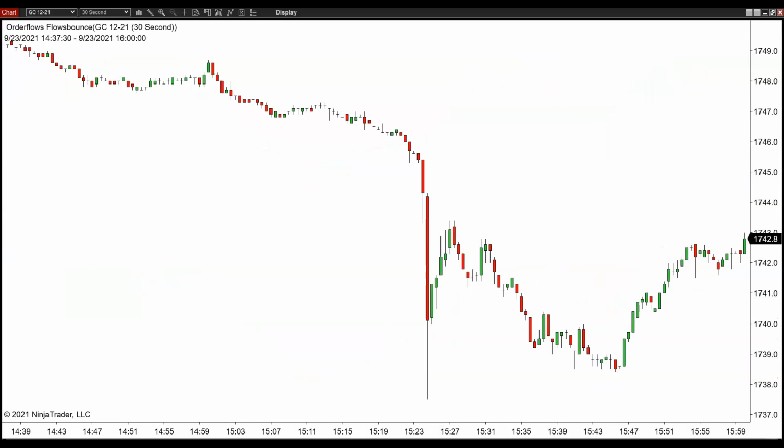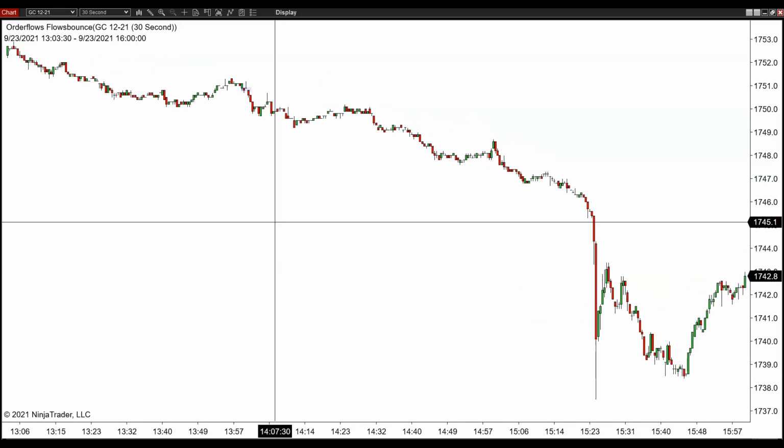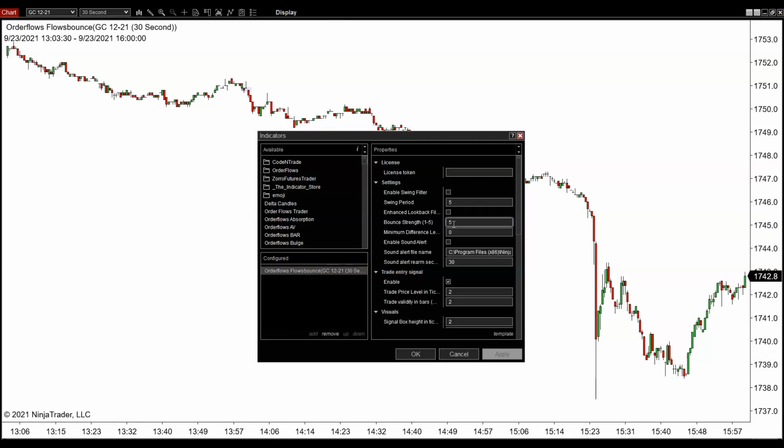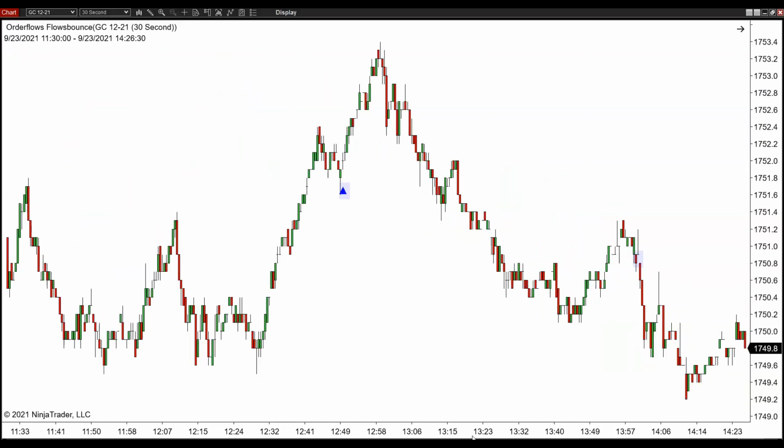use order flow. Let's take a look at gold, right? Gold had that nice move down late in the day. What do I have on here? Okay, so it's set to 5, right? Again, this is the pure settings, just 5. Disabled, disabled, 5, and 0. Are there any trades here? Well, there's